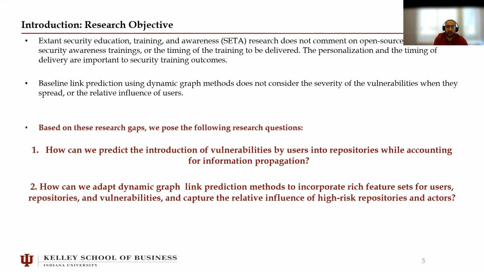Because of how connected they are, they can have different relative influences. So with that in mind, the two research questions that we try to answer are: how can we predict the introduction of vulnerabilities by users into repositories while accounting for information propagation between users, and how can we adapt existing dynamic graph link prediction methods to incorporate all the factors that are going to